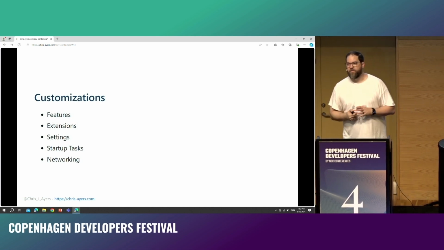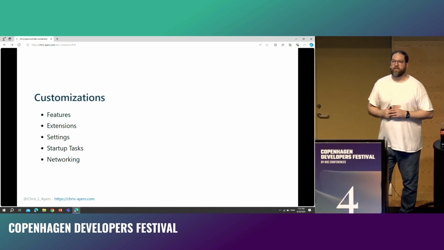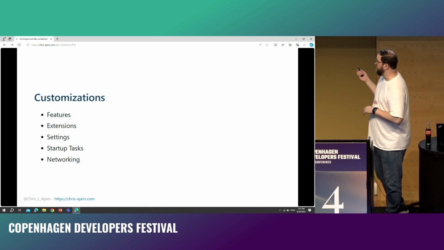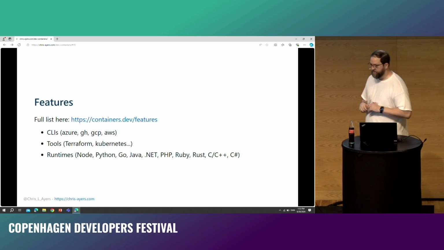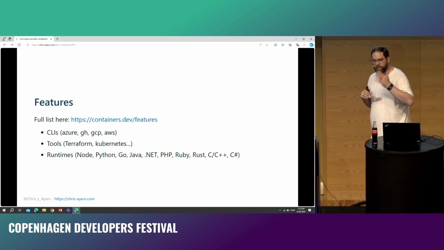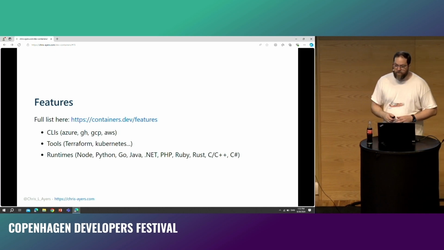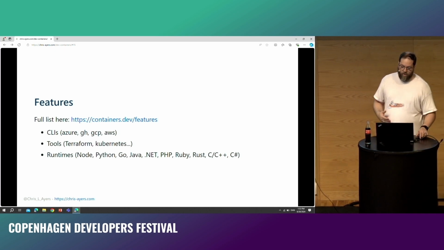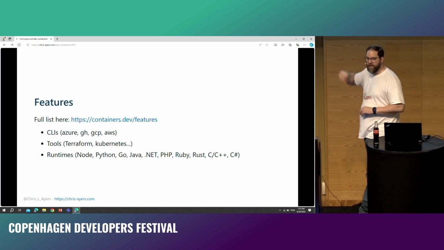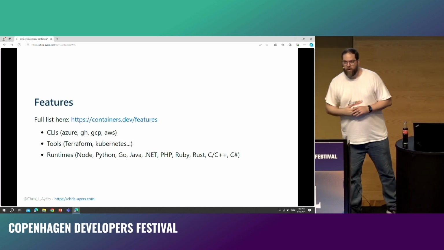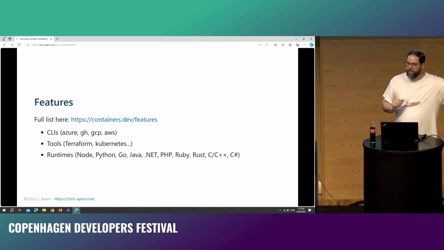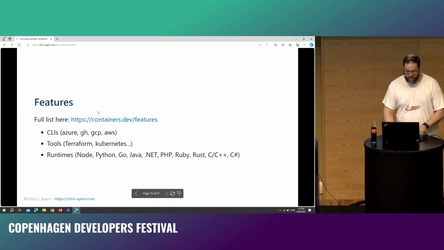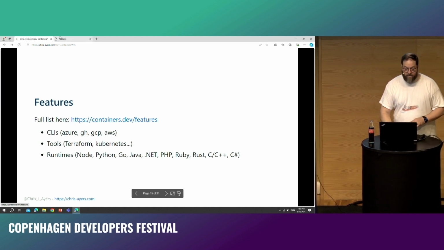Some of the things available in that dev container file are features, which I want to dive into. So features are like additional layers to add to your Docker file. You can just pick individual components that you want, like a CLI or a tool, like I want to have kubectl, I want to have Terraform. Or you can have a runtime, like I need .NET installed in this Python app because I'm doing an extra component. So if we go and look at some of the features that are out there,